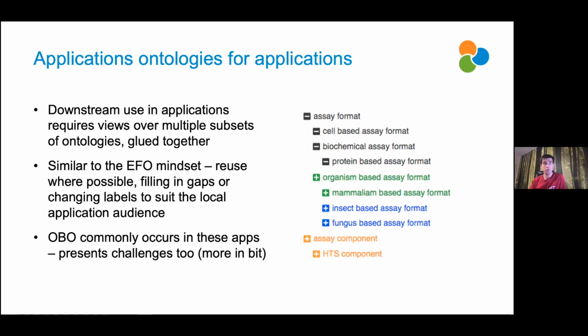So that kind of view, fitting those subsets, gluing them together in some coherent way, making local changes to the application to help it be presented in a way that's consumable or fits what the application is trying to do, is very common. Again, we provide tooling that helps them to do this, but I think it's an obvious way of plugging together parts of ontologies that are representative for a particular problem, and not having to consume the whole of NCBI taxonomy, for instance, or Gene Ontology, when that's not really what they need. So that ability to pull slims out, glue them together, and then utilize them, is very important, I think. And that's a really big use we see to help them consume ontologies in applications and apply them to data.